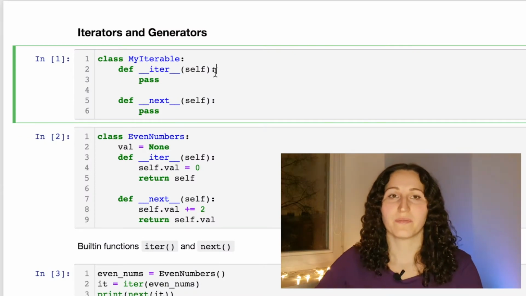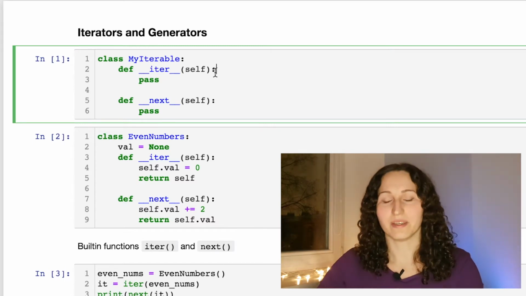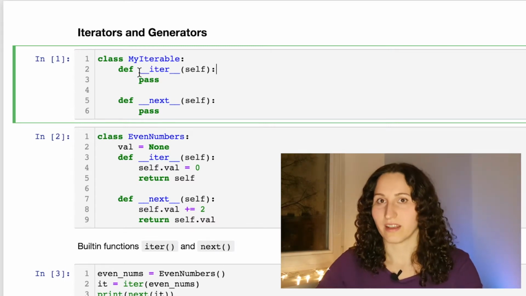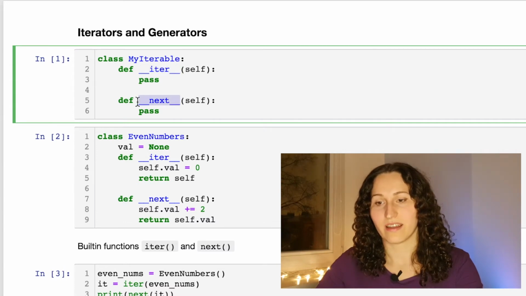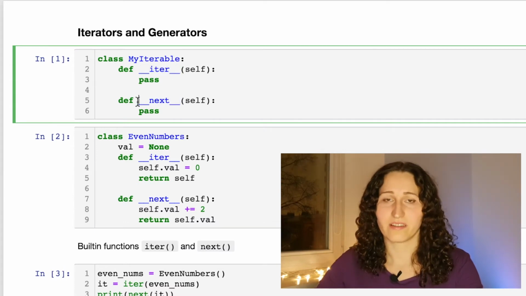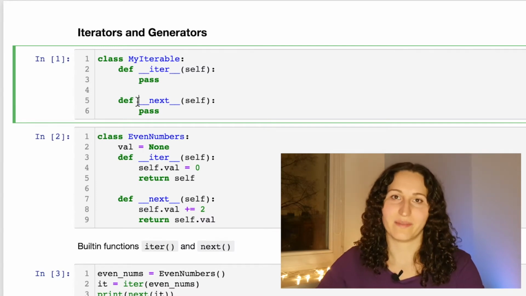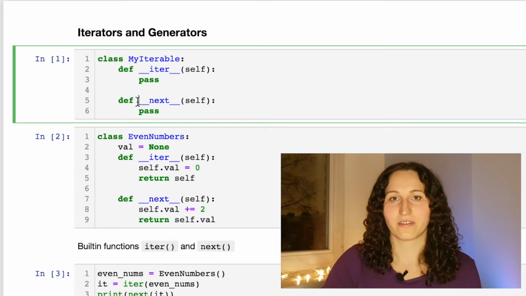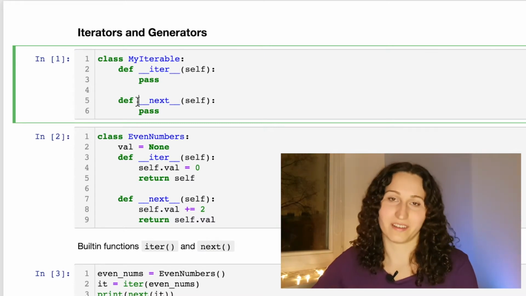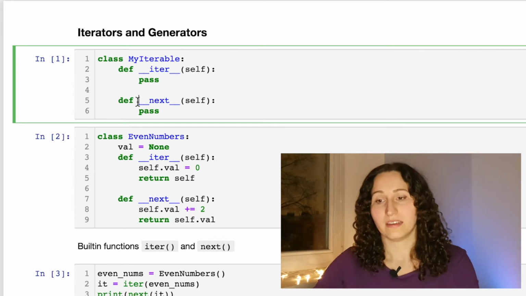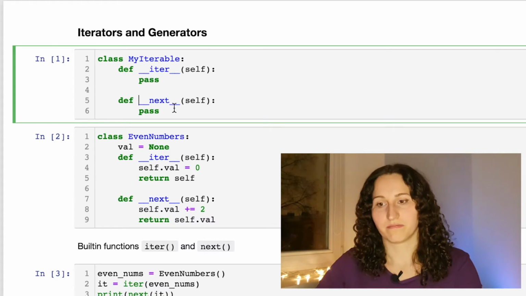An iterator is a class which implements the iterator protocol. That means that our class implements the dunder iter and dunder next methods. Dunder means double under. That means that the method's name starts with a double underscore and ends with a double underscore. So, if we create this class,